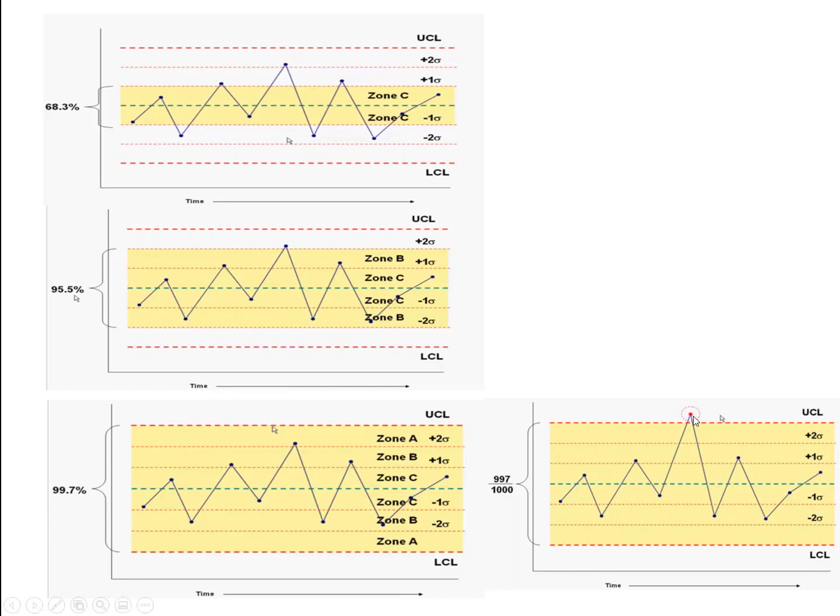So you can see in this example, this red circled one is going out of the upper control limit. So basically this is giving us an indication of what we need to do in order to bring this outside observation inside, within the 3 sigma or the 2 sigma or the 1 sigma. So for this purpose, we need to modify our design process. We need to focus on our training. We need to further check the raw material, etc.